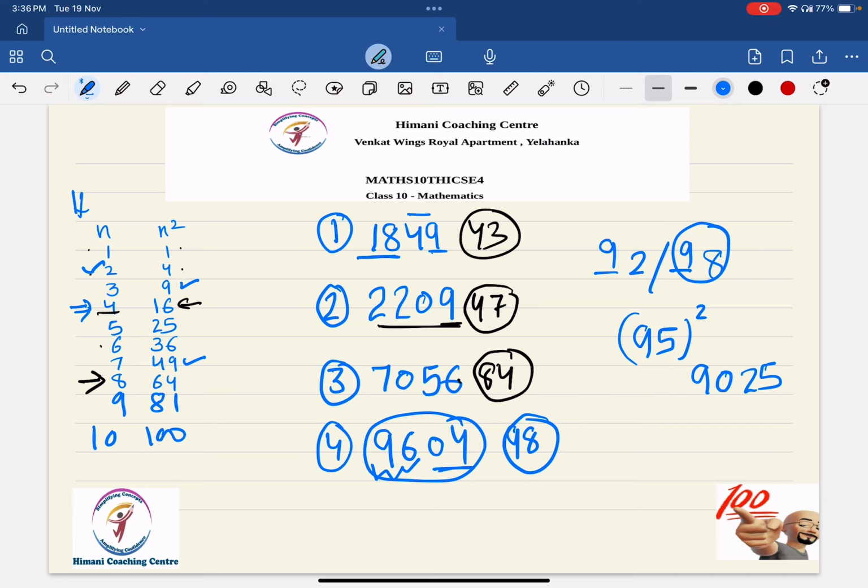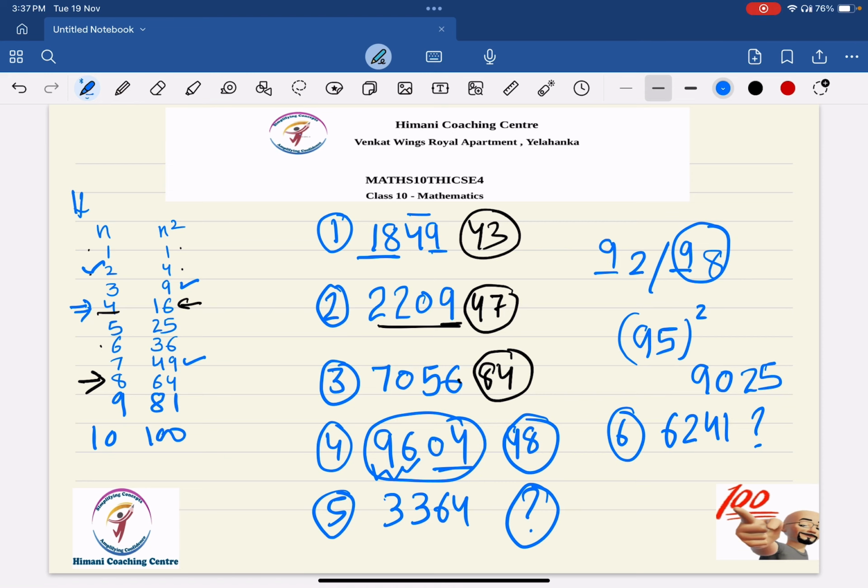I'm just writing a question for you guys to solve. So find the square root of 3364. That's a question for you. Let me give you one more because this will help you understand the concept faster. If you do it yourself, you will gain the confidence. So find the square root of,